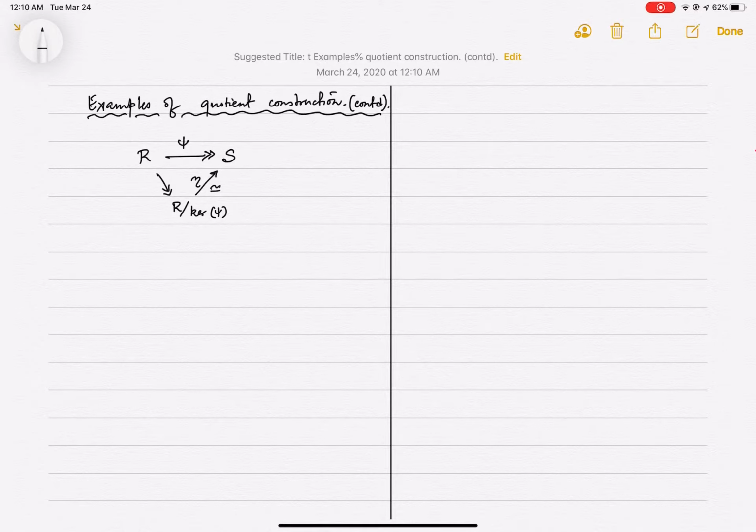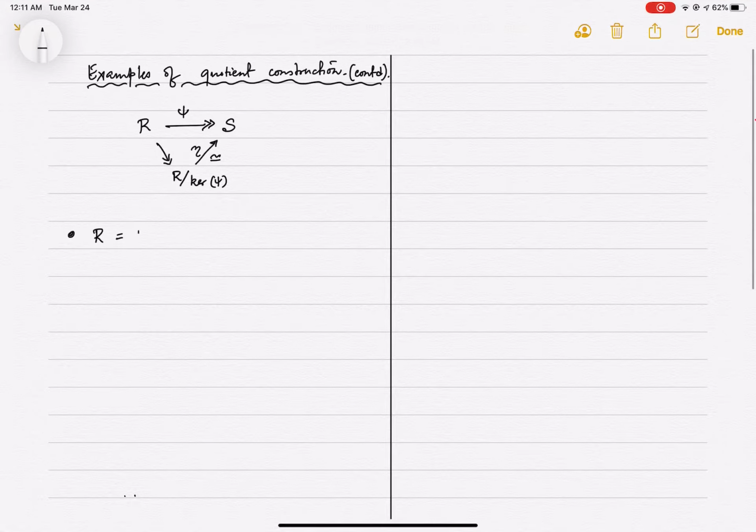Okay, one more example of a quotient ring, and this one is to show how quotient rings naturally appear in geometry. I'll take a little bit of liberty here. I cannot quite prove everything that I state, but I'll try to be as precise as I can. So let's look at